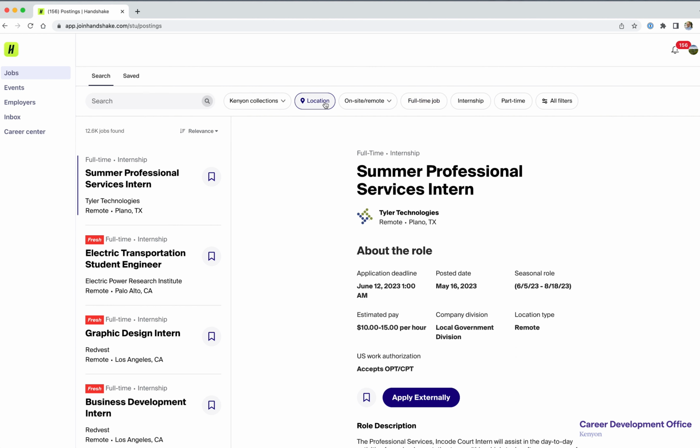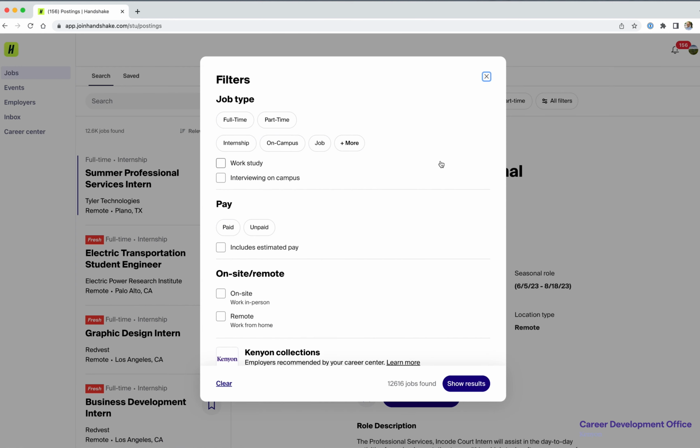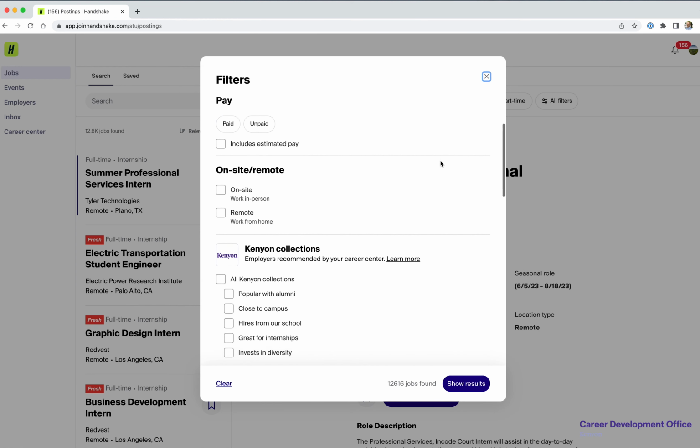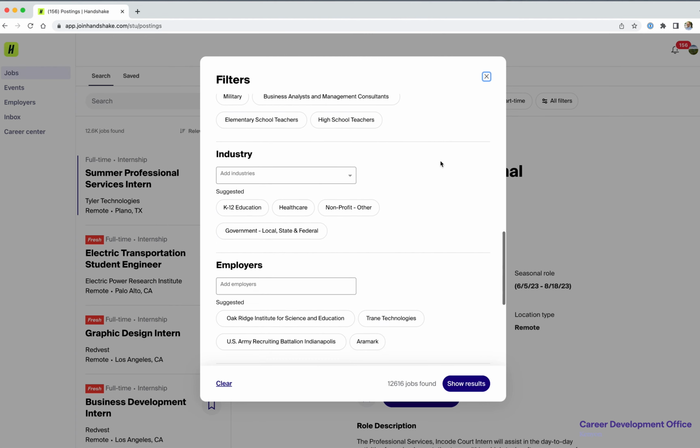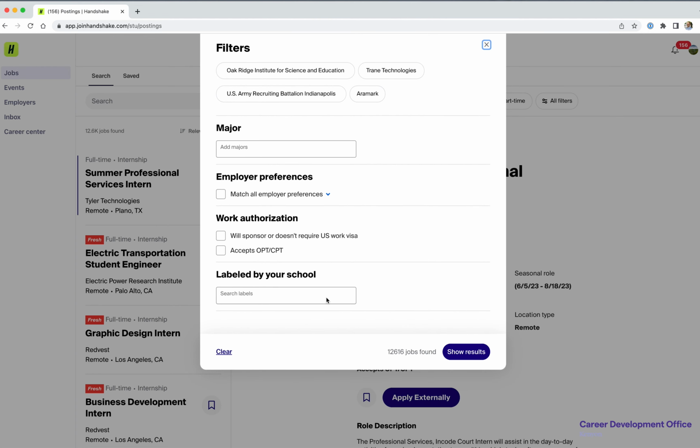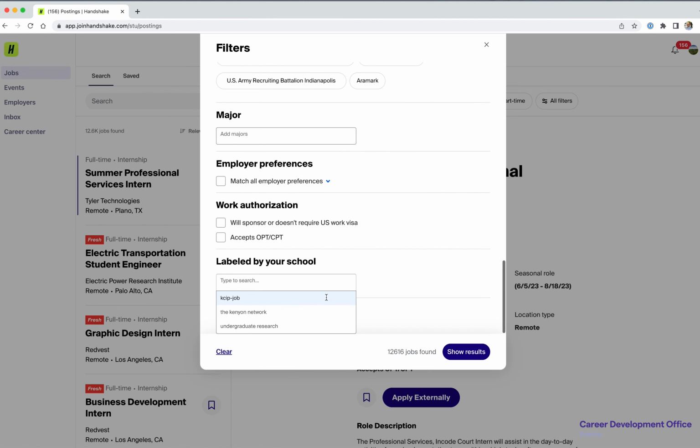In the Filters pane, after applying any filters you want, go to the All Filters tab in order to identify only those jobs that come in from the Kenyon Network. Do this by scrolling to the very bottom, and then under Labeled by your school, select the Kenyon Network. Click the label,